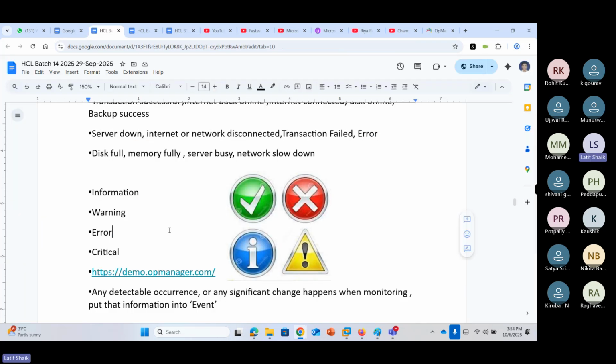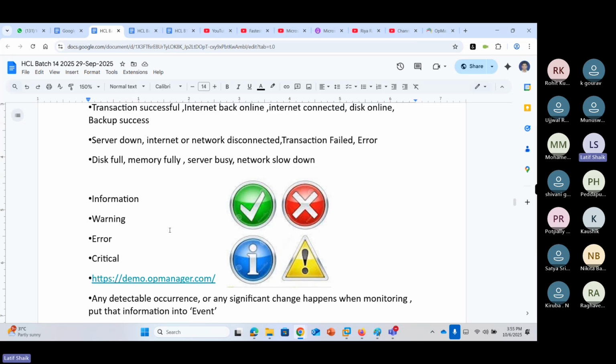From monitoring, we can collect different types of logs and analyze them. With the analysis of different logs, we can understand what is going on with our infrastructure, what is going to happen in future, and what things we can take care of now. That is log analysis.